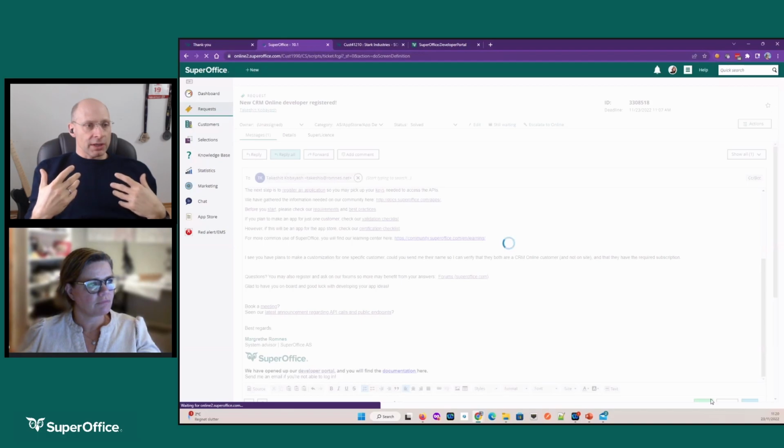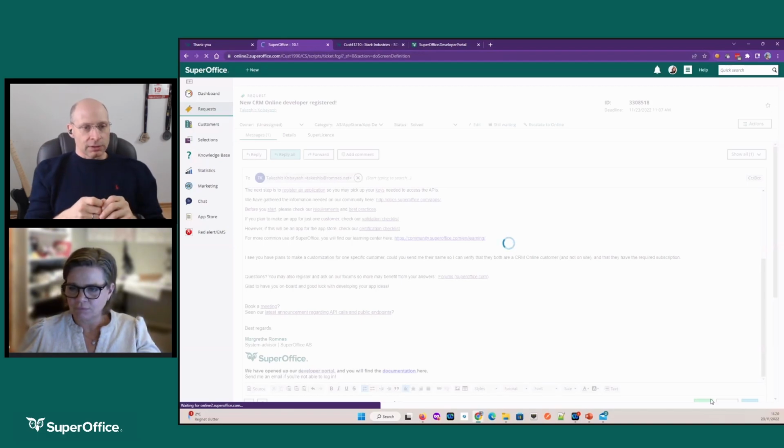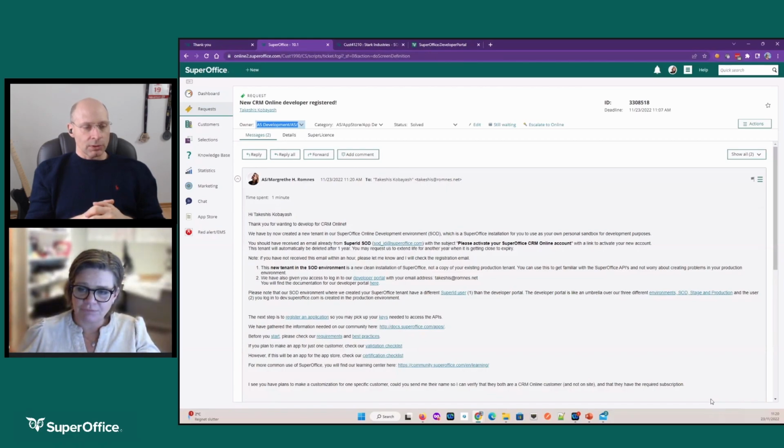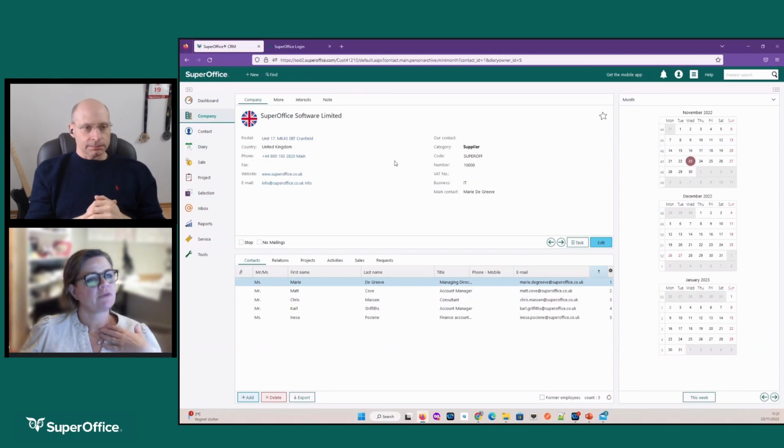But as far as the user's concerned, it kind of looks like the same account, right? It's the same email address. It's going to be the same credentials to log in. No, not the same credentials. Okay. Because now I already registered, so I could open up my SOD tenant. Yep, and I saw you create a password there. Yeah, and now I want to be able to log in to my developer